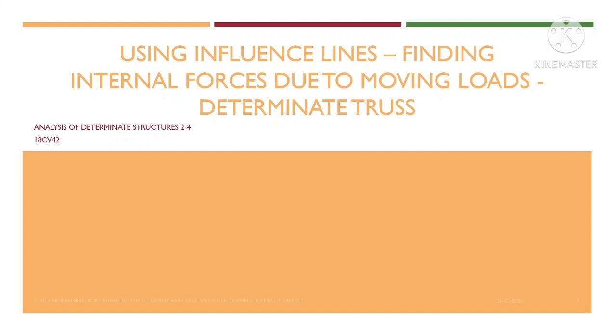You would have learned that there are two kinds of structures, that is frame oriented structure and truss oriented structure, and how to draw the influence line in the previous module. And currently the same concept is going to be used in case of truss. So there are certain things which are varying between frames and a truss.